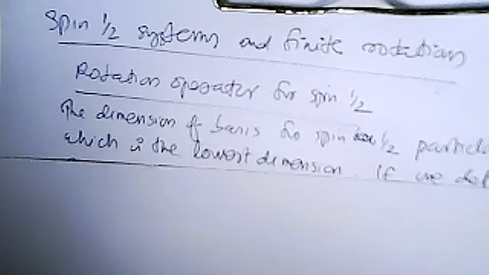So in the last class we have already obtained the commutation relations [Ji, Jj] = iħ ε_ijk Jk. That result you can use for orbital angular momentum L, spin angular momentum S, or any angular momentum J, total angular momentum J. Using that relation, and also the definition of the D operator corresponding to the rotation matrix R, we are going to discuss the spin system.